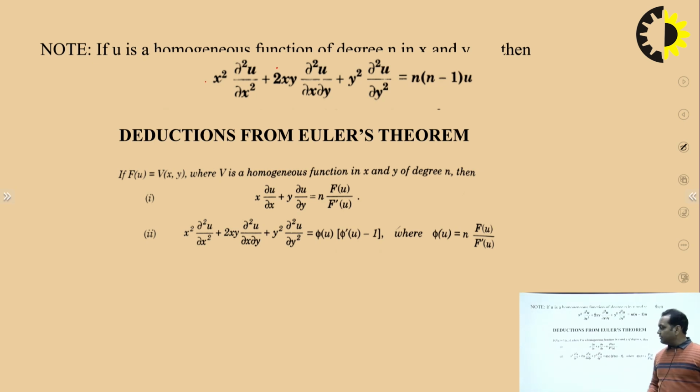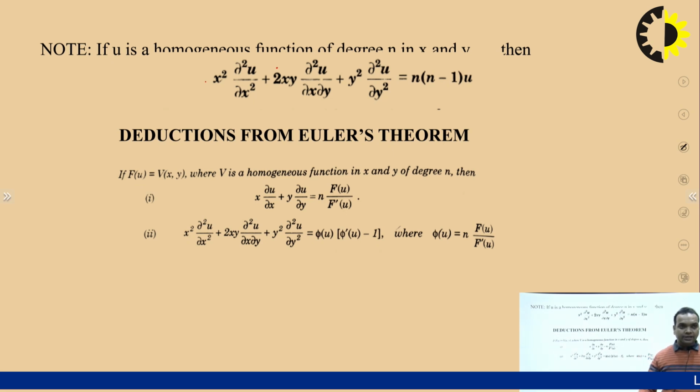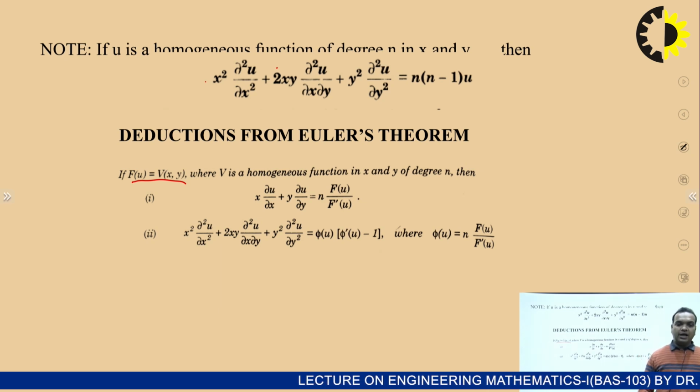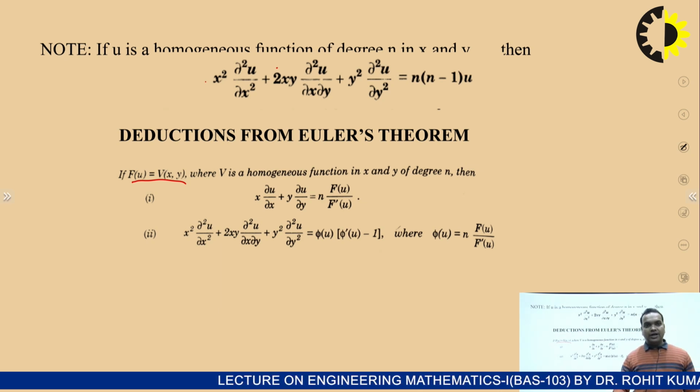In the second section, deduction from Euler's theorem. If u is not a homogeneous function, but can be put in another form, that is, f(u) = v(x, y), where v is a homogeneous function in x and y of degree n, then x ∂u/∂x + y ∂u/∂y = n f(u)/f'(u),